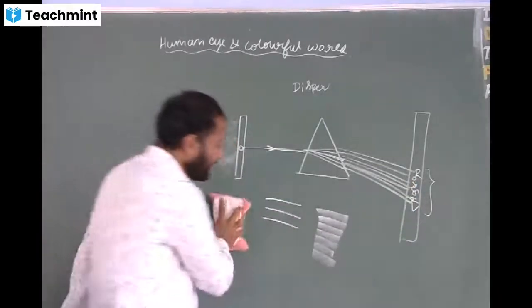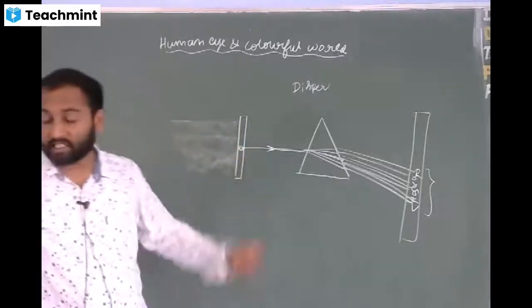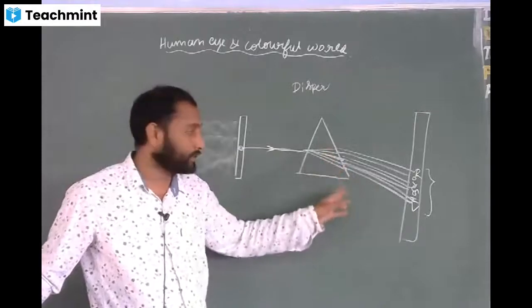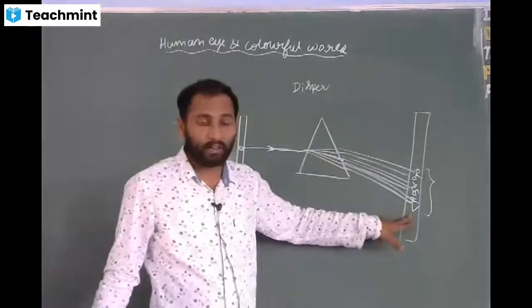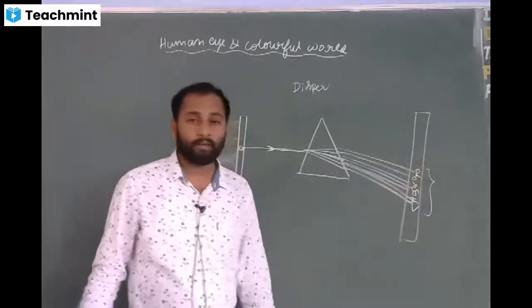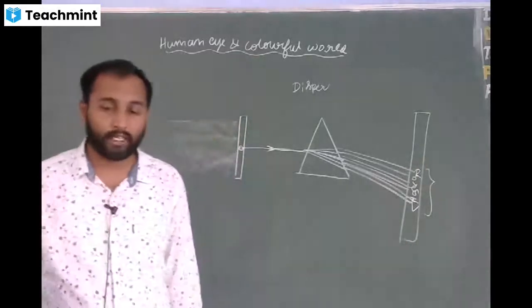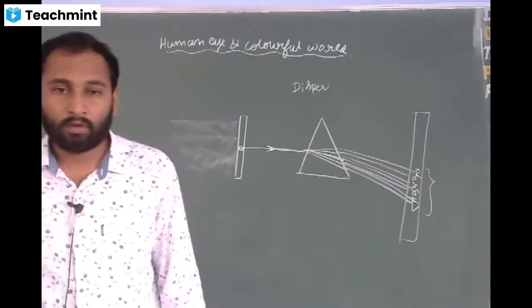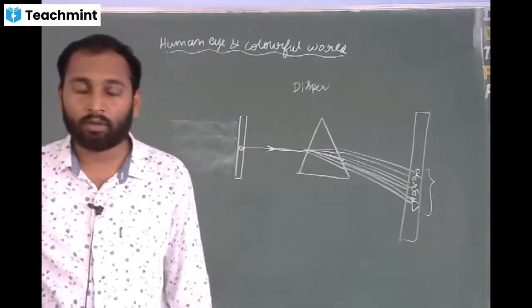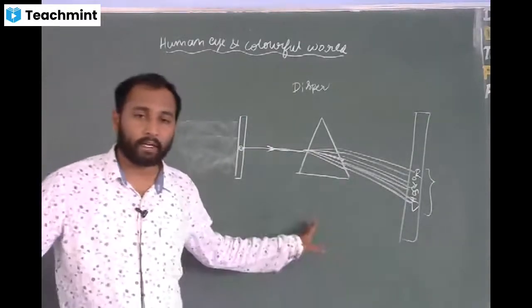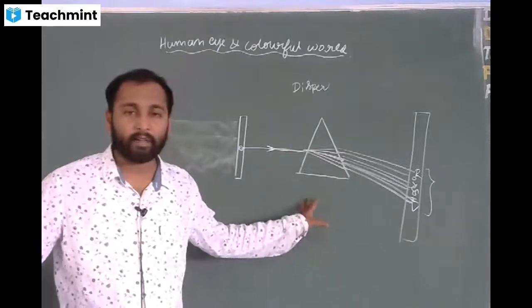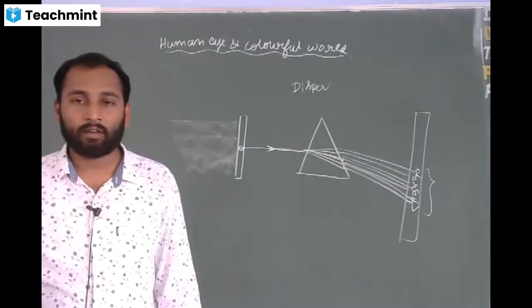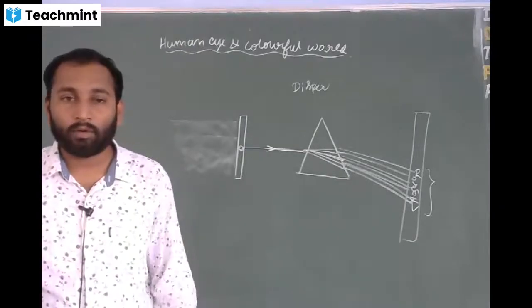So what is the reason behind this splitting of colors? Why is this white light split into different colors? And why is violet at the last, and why is red at the first? What is the reason? Anybody knows? No, sir. Wavelength. It was done in 8th standard, I think 7th standard or 8th standard. Dispersion of light is there. Wavelength, sir. Red has more wavelength.